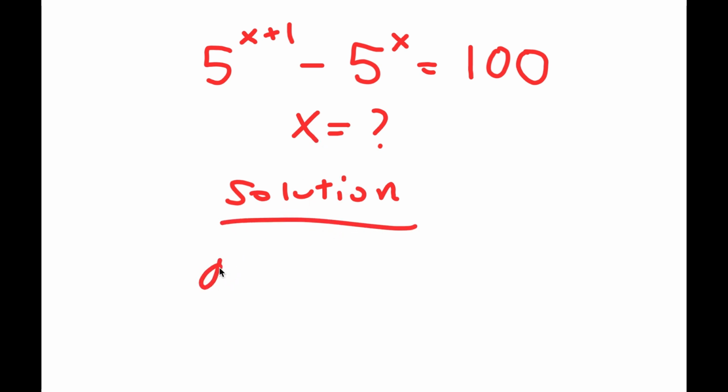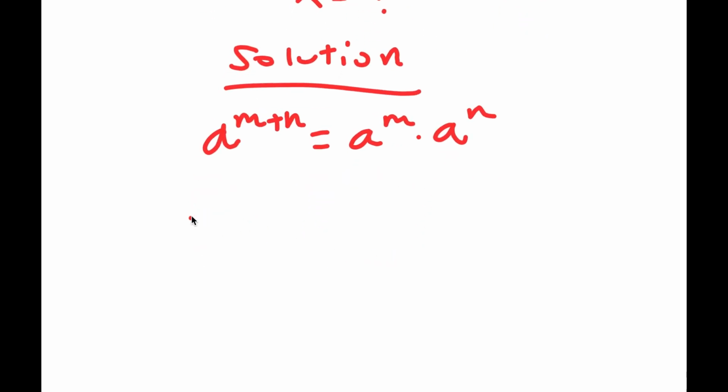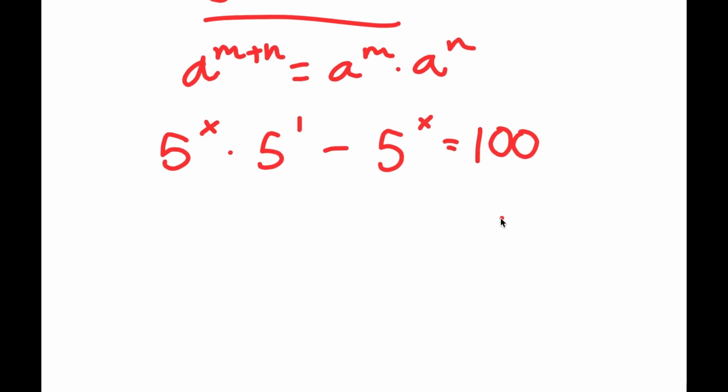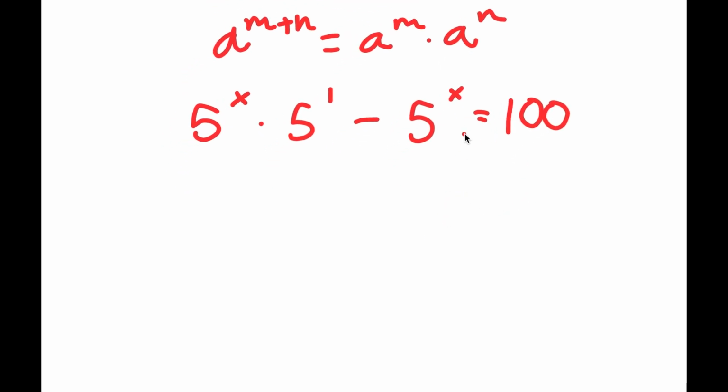I'm going to start off by using the property a to the power of m plus n is equal to a to the power of m times a to the power of n. So 5 to the power of x plus 1, that's going to equal 5 to the power of x times 5 to the power of 1. And now I have this minus 5 to the power of x is equal to 100. Now from here,